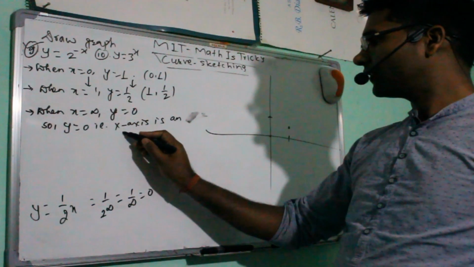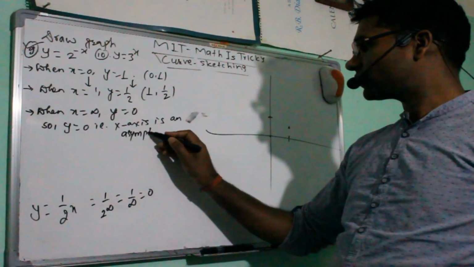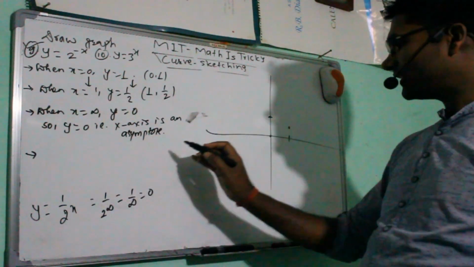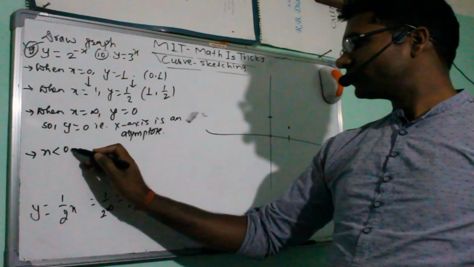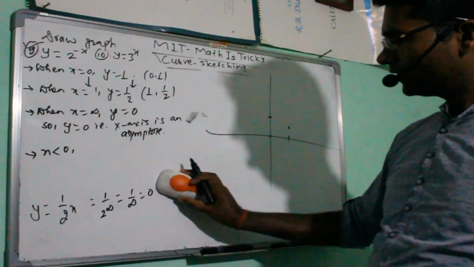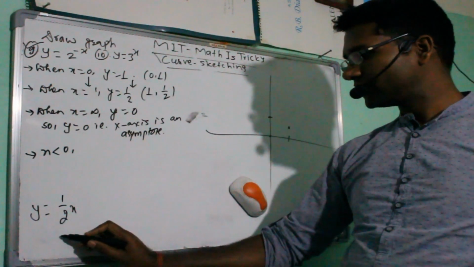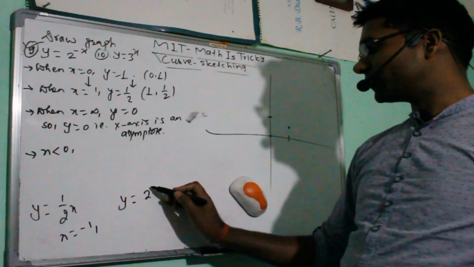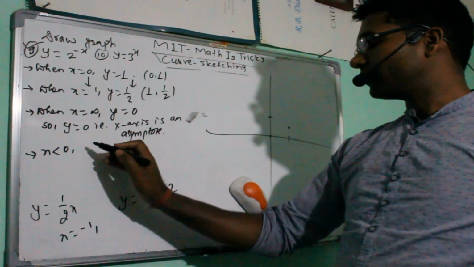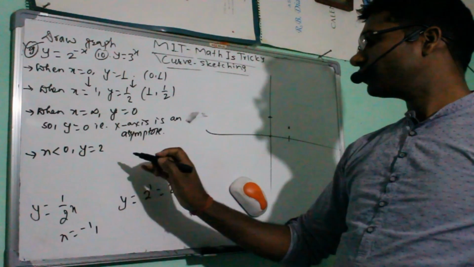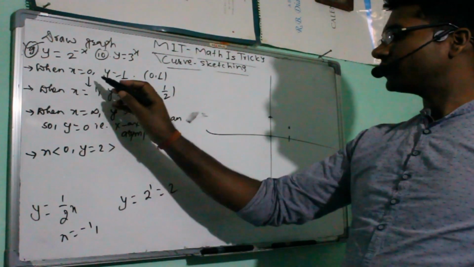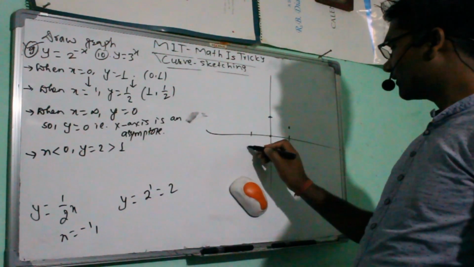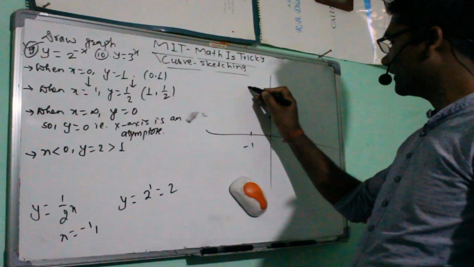X-axis is an asymptote. Okay. Now, what will happen when x is negative? x is less than 0. You can see here, if you put x equals -1, y will be 2 power minus plus 1, it is here 2. Y is 2, which is greater than 1, so -1 means here 1 and 2, somewhere here it